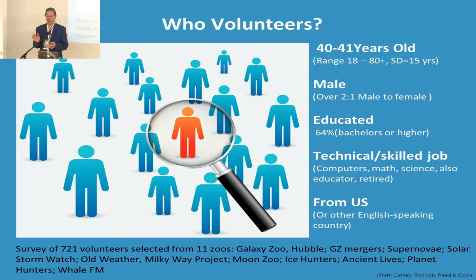And this actually is also one that generalizes to other kinds of virtual projects. Open source has terrible problems with the diversity of participants. Wikipedia, not quite as bad as open source, but still an issue. And in cases like open source and Wikipedia, and not so much in citizen science, the kind of output that those projects create is very much a product of the people who are involved. And so if Wikipedia is attracting not a representative group of people, it's hard to see how it's going to create a very representative encyclopedia. So this is not only an intellectual challenge, but I think a real social issue as well.